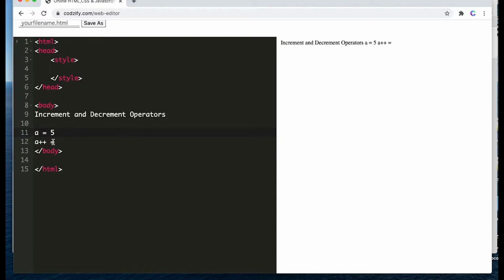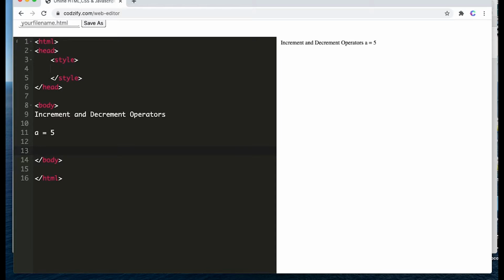Okay, if I use a minus minus, it will decrement the value by 1, meaning 5 minus 1, which will be 4. Okay, so that's about the increment and decrement operator. Now in theory,